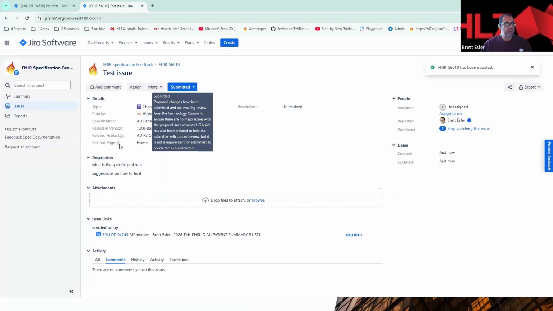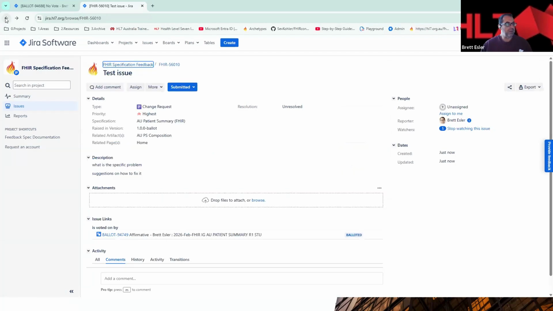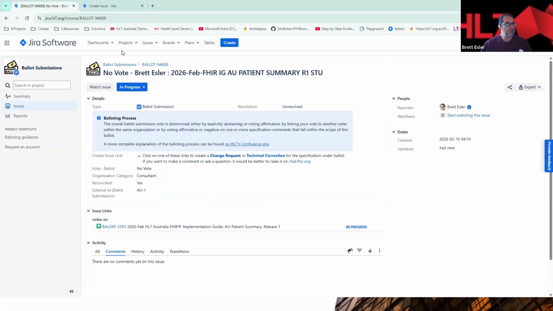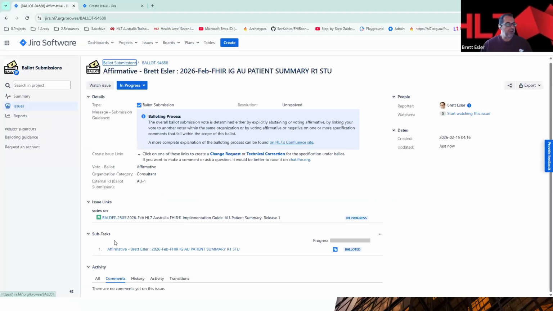And so that is something now I can vote on. Having voted on that issue, if I look at my overall ballot status, so if I go back to my own ballot over here, you'll see my overall status is now affirmative, and it's listing this issue I've just raised. So if I go ahead and say create another issue,